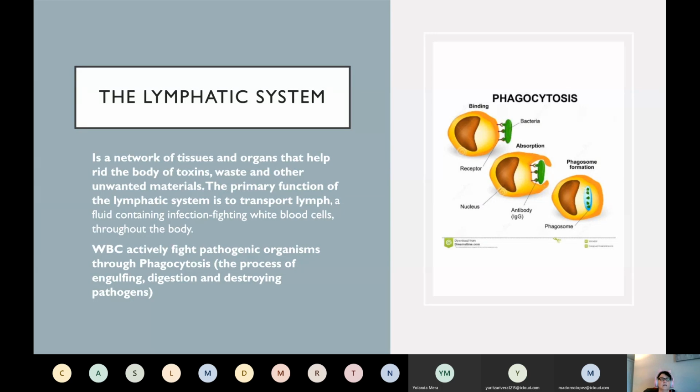Phagocytosis is these white blood cells, and there's a specific one, they see the bacteria, they take it and they engulf it. They swallow it, they break it down, and they make an antibody. All right? And so the next time, hopefully the body will be remembering. We'll get to that later. That's a little more in depth.